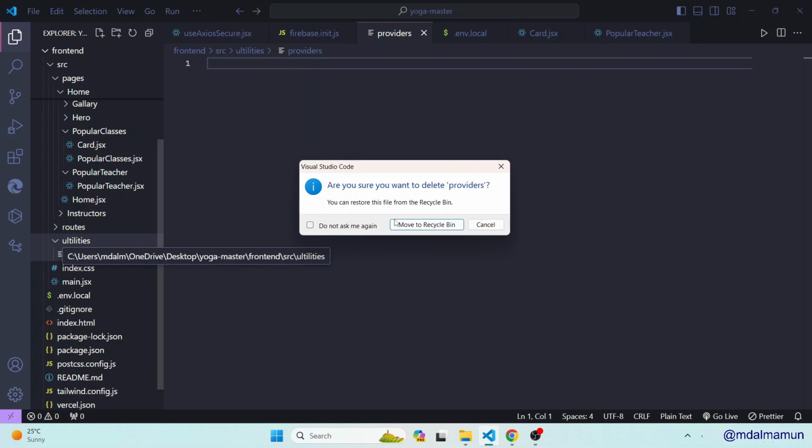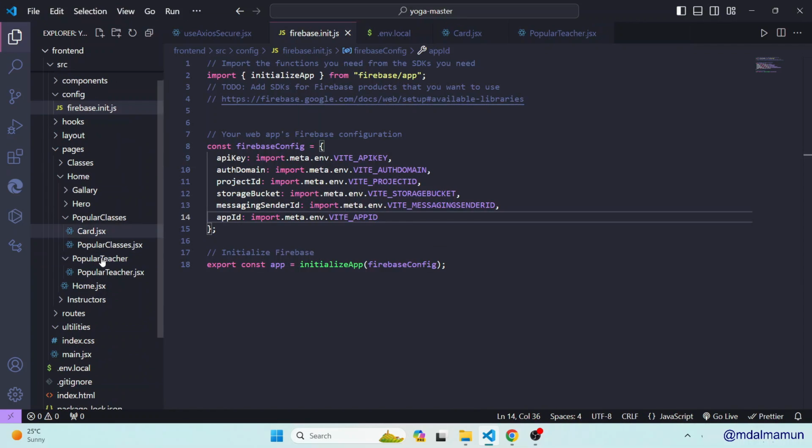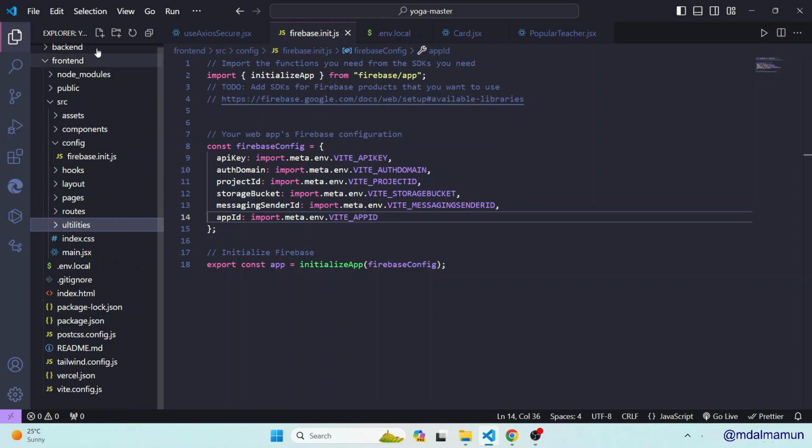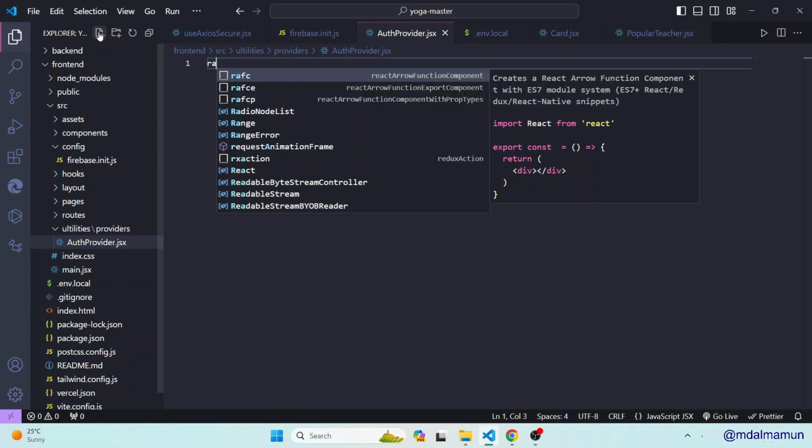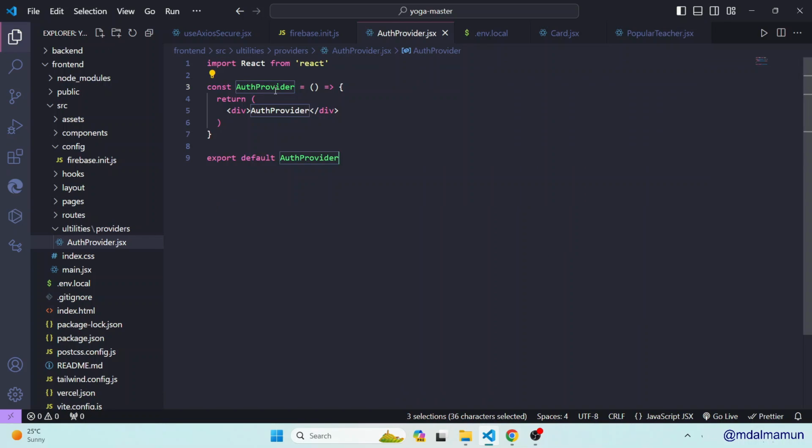Let me delete it again. So this utilities will have a folder, that would be providers, and these providers will have an auth provider, so AuthProvider.jsx, rfce react functional component,